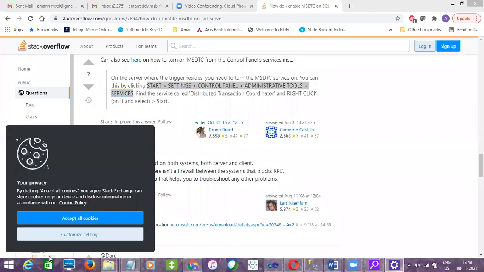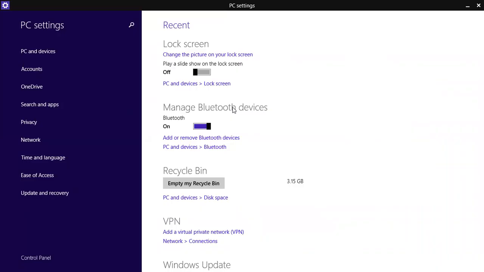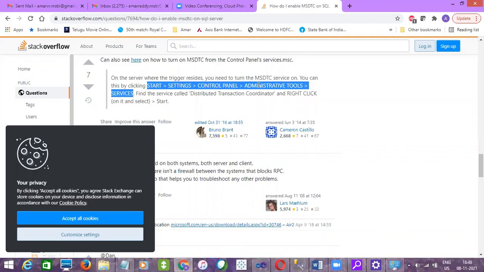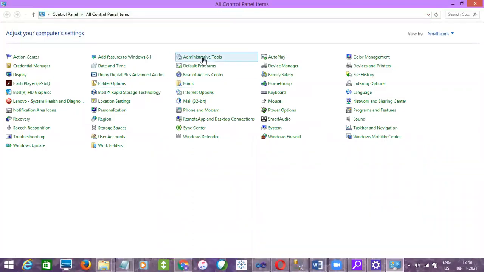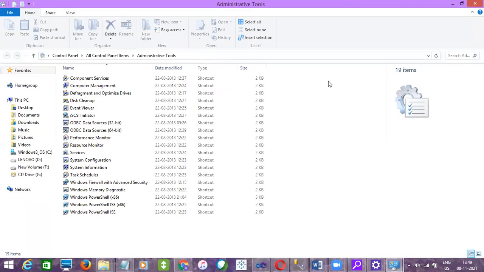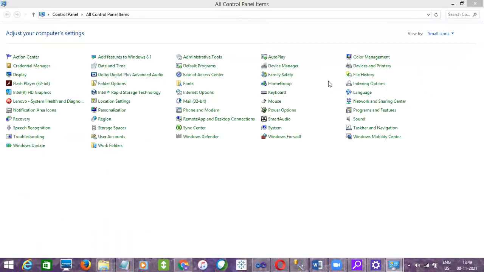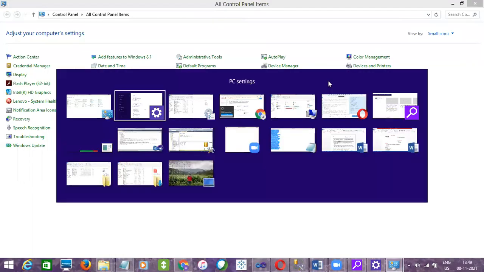Yeah, here. And then administrative tools. Administrative tools. And then here, what should we look for? Services.